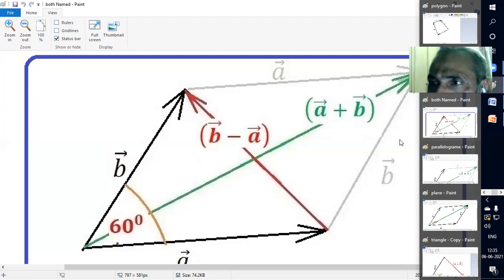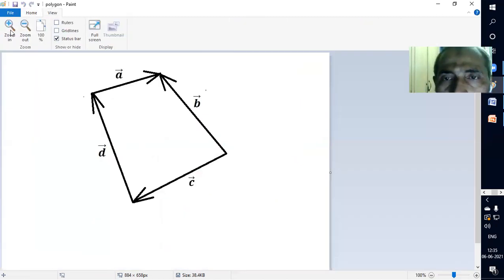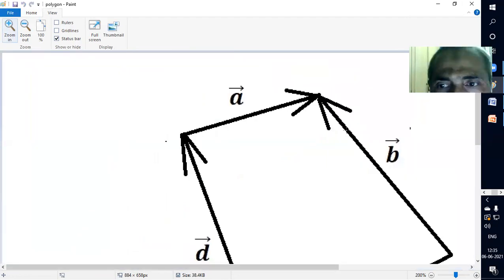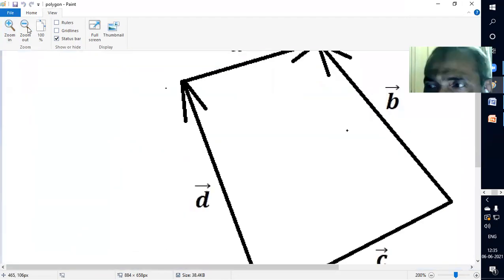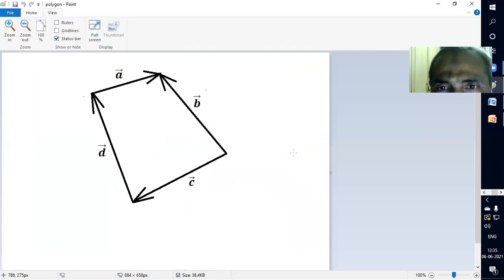In this figure, you are seeing a polygon where several vectors are given such that these vectors can be drawn by joining one another such that you get one closed figure. In this case, it is possible that we can write a mathematical equation by using these vectors. Four vectors are given here, A, B, C, and D. My dear students, here,